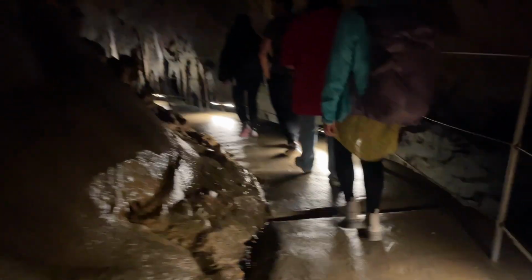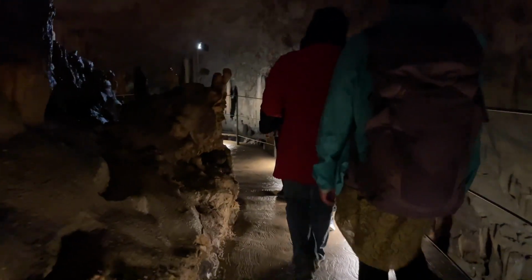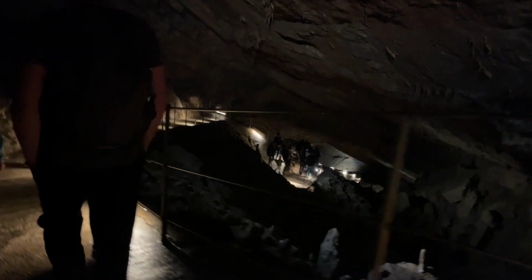lit path. It's a very easy walk on a cement pathway, but you can see the origins of where the people who initially discovered the caves left their via ferrata, which is basically a very perilous looking pathway etched into the side of the wall as they navigated their way through these caves before the actual pathways were made for us. So the pathway is around 2.4 kilometers long and it will take you roughly 1.5 to 2 hours